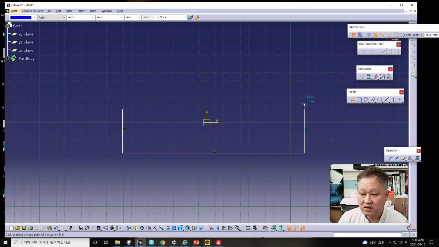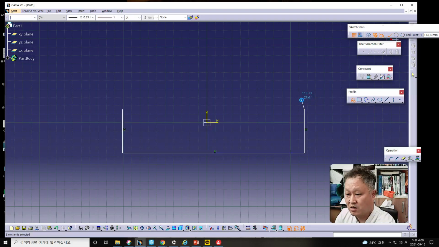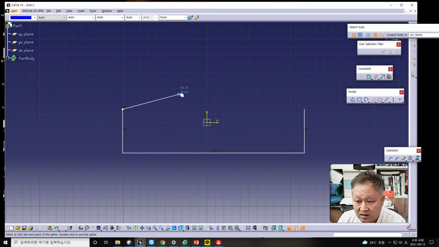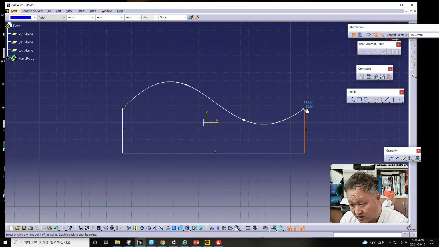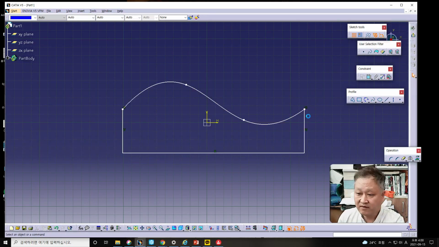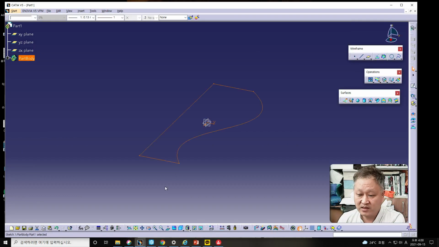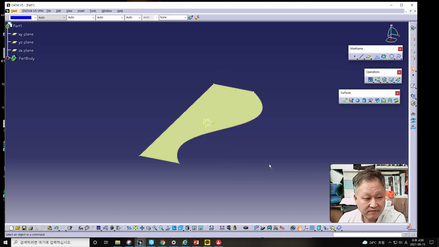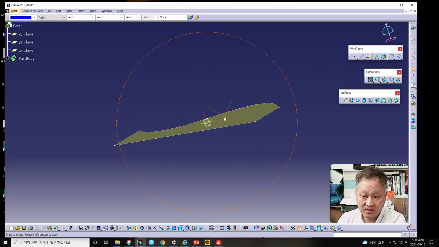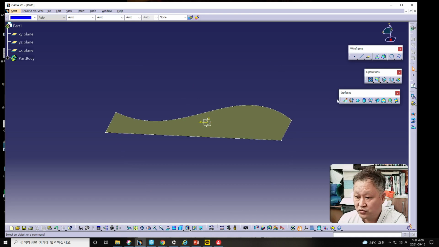Of course, in this case, the spline can be made in this case, and this one, and this one. Therefore, the boundary should be made in this case, and by using the fill menu in this part, the fill curve can be made from it. And